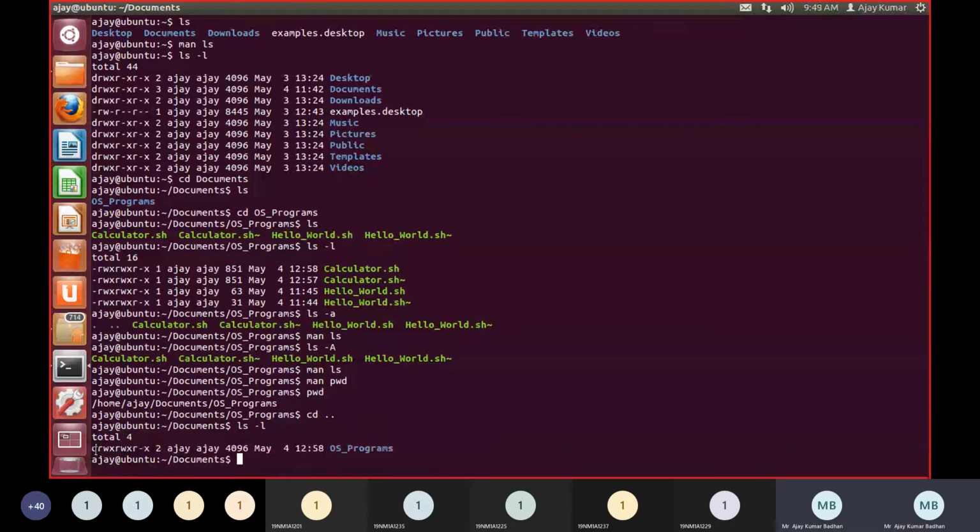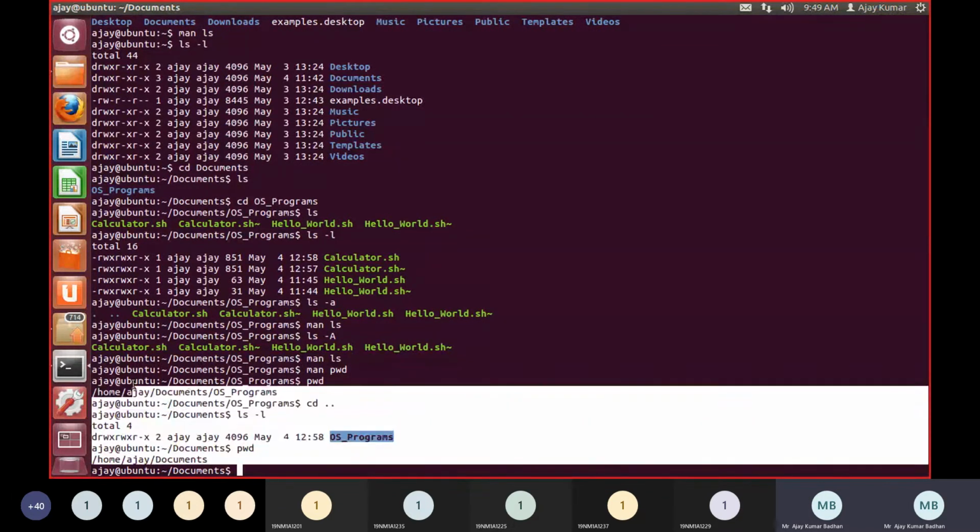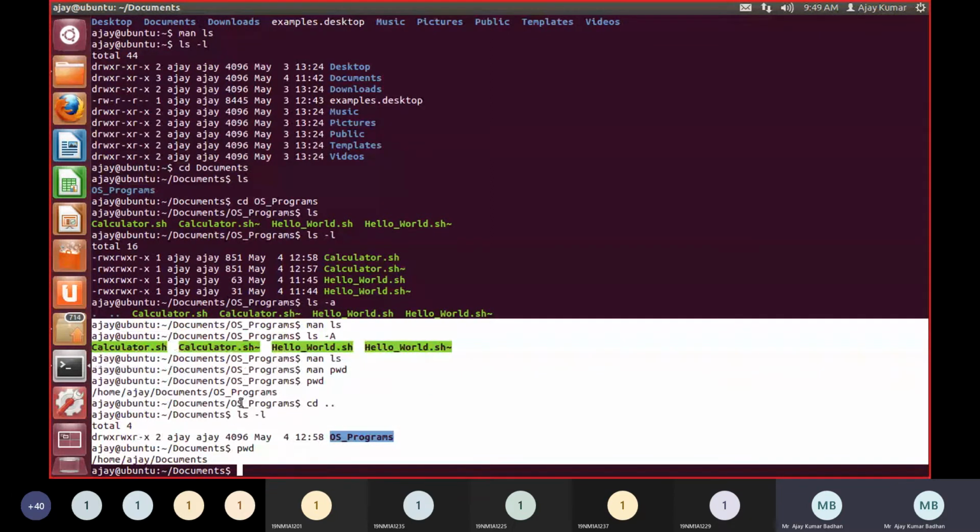And now I wanted to know the path in which I am working, pwd. When I click on this, you can see there is a difference now. See here, when I use pwd in this particular case,